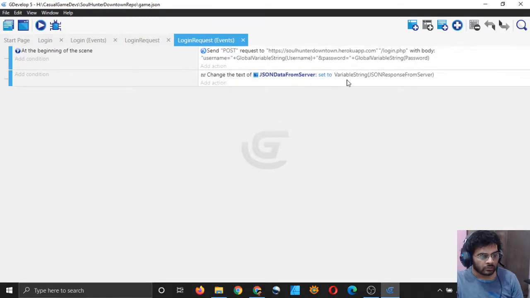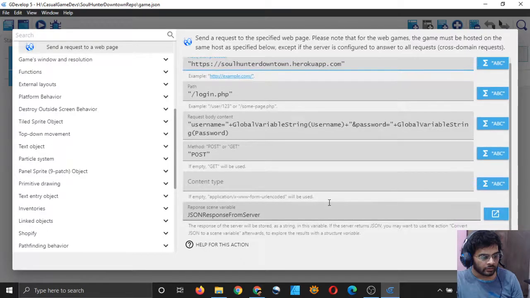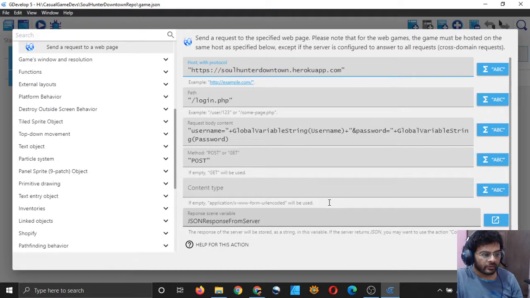So the thing is that when I double click on it, you can see that when we send some data through post method to a web server, then that web server may return some data back to us.